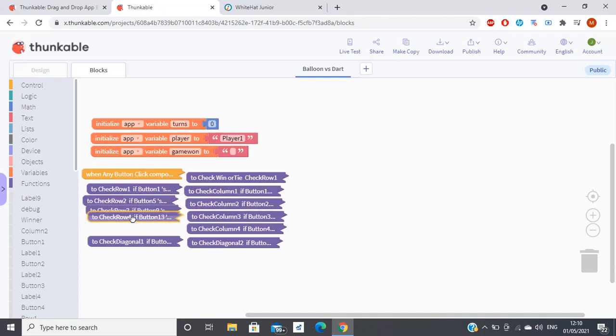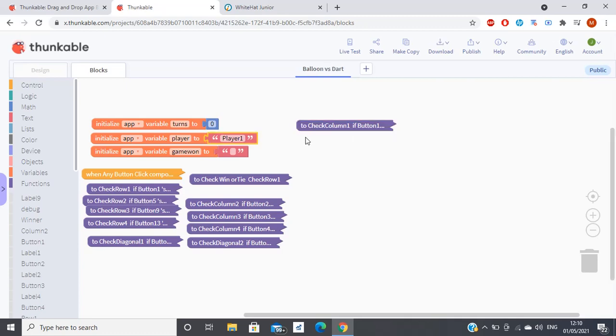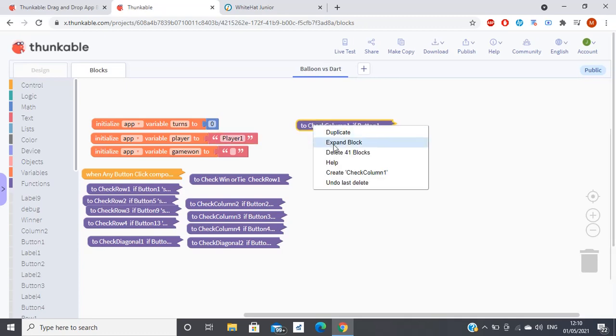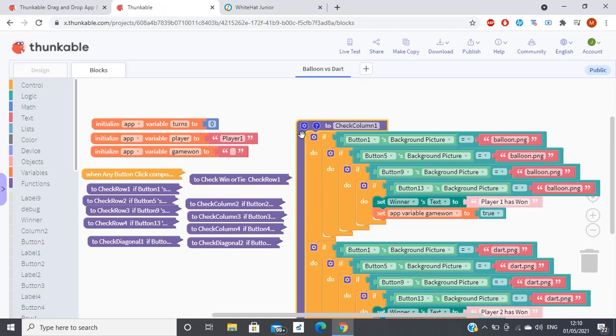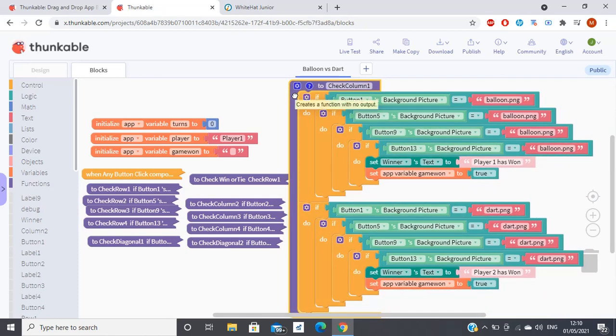We have to now check column 1, column 2, column 3 and column 4. So I'll expand this block. Then if do button 1 background picture equals balloon png,